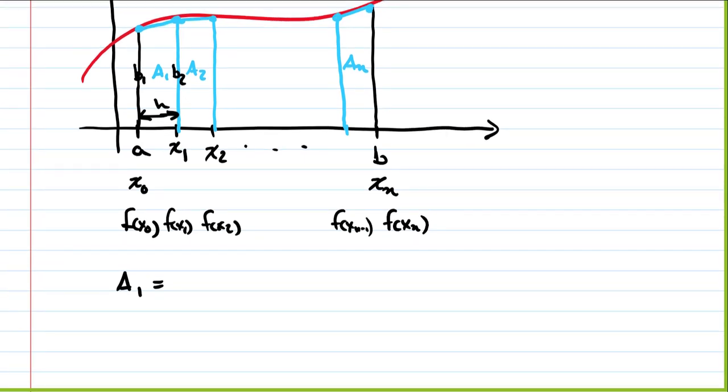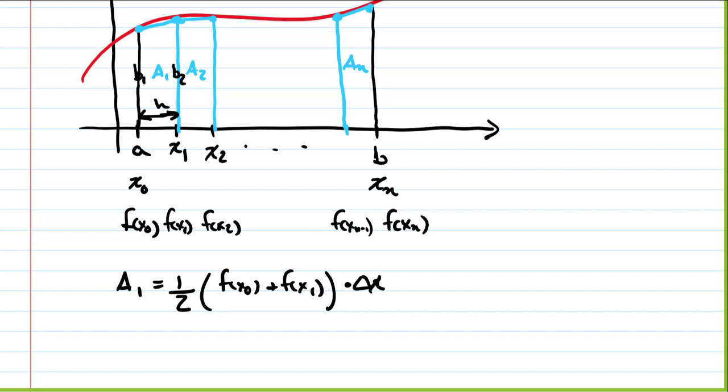So according to this then, the area of the first trapezoid is 1/2 base 1. Well, base 1 is f of x0 plus base 2, which is f of x1, times the distance in between them. Well, that's the distance from x0 to x1. Well, that's going to be our partition delta x